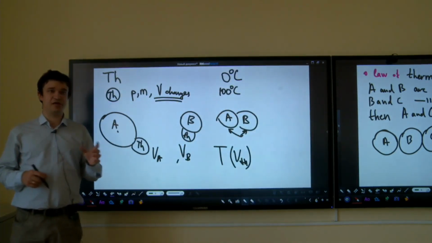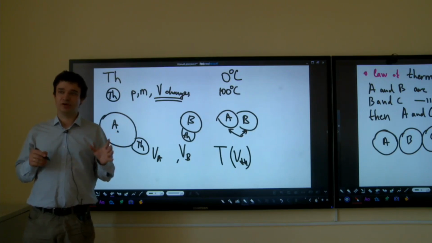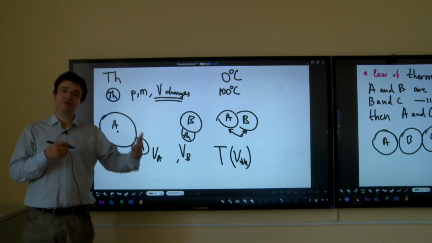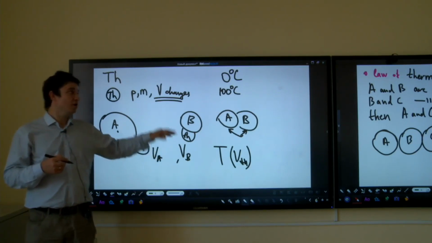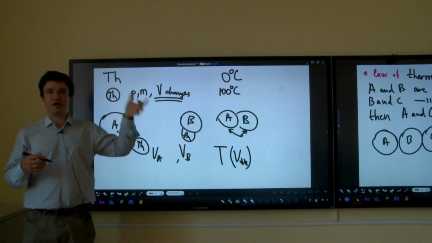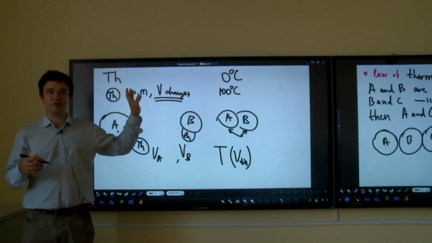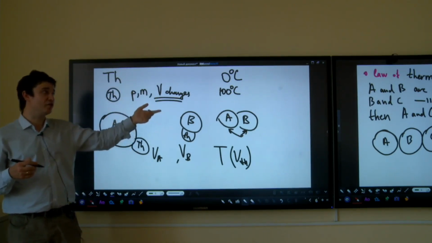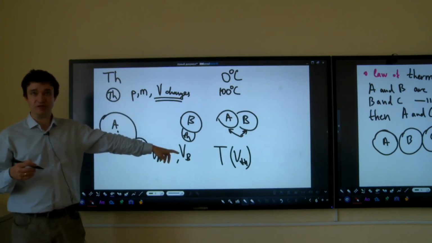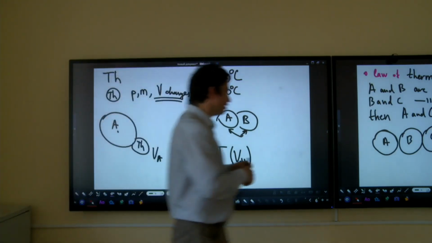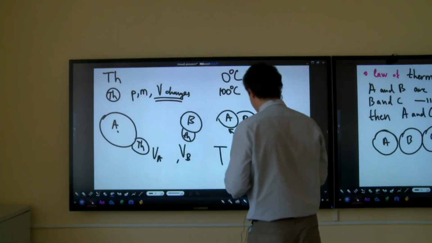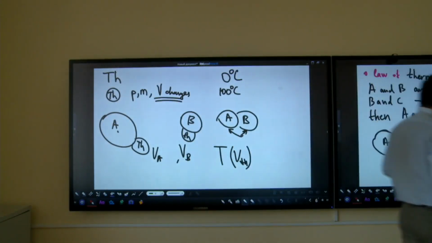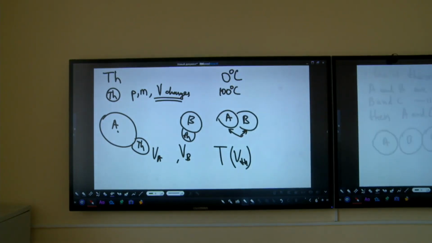In thermodynamics, each law is related to a new variable which is assigned to the state of the system. So after the minus first law, I now have a few variables to describe the state. After the zeroth law, I have also a temperature. Now, the first law of thermodynamics. The first law introduces